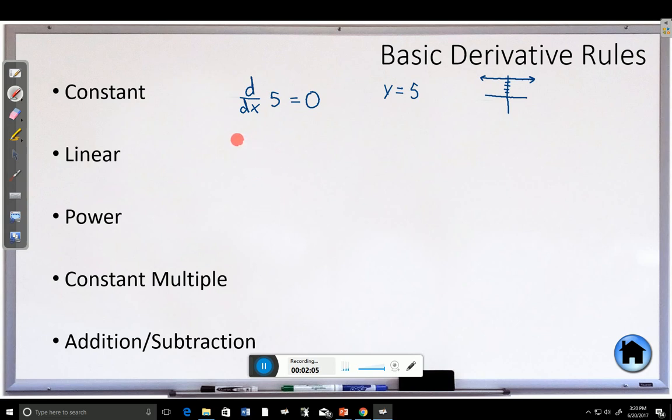Alright, linear. What if I take a linear equation? You might see how this is following sort of the same path as your Algebra 1 class. You start with constants, and you can go to linear. 10x minus 3 we'll do here. So if you have a linear equation, what is the derivative of that? Well, again, derivative means slope. So if I think of the equation 10x minus 3,